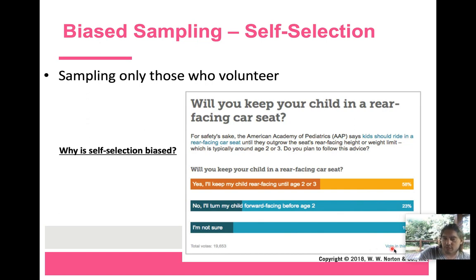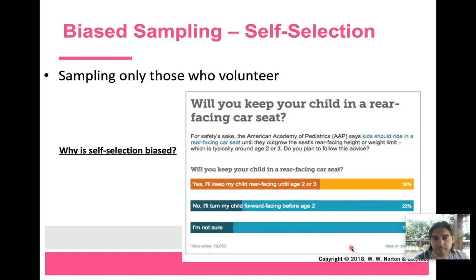But people are just volunteering to vote in this. So who's likely to vote in this? Maybe people that have strong opinions about car seats. Maybe people who are very close to being new parents rather than thinking about having children, right? Maybe people who already have children rather than people who are expecting a child. So there are many different aspects or variables that might influence a particular person to self-select into answering this question,